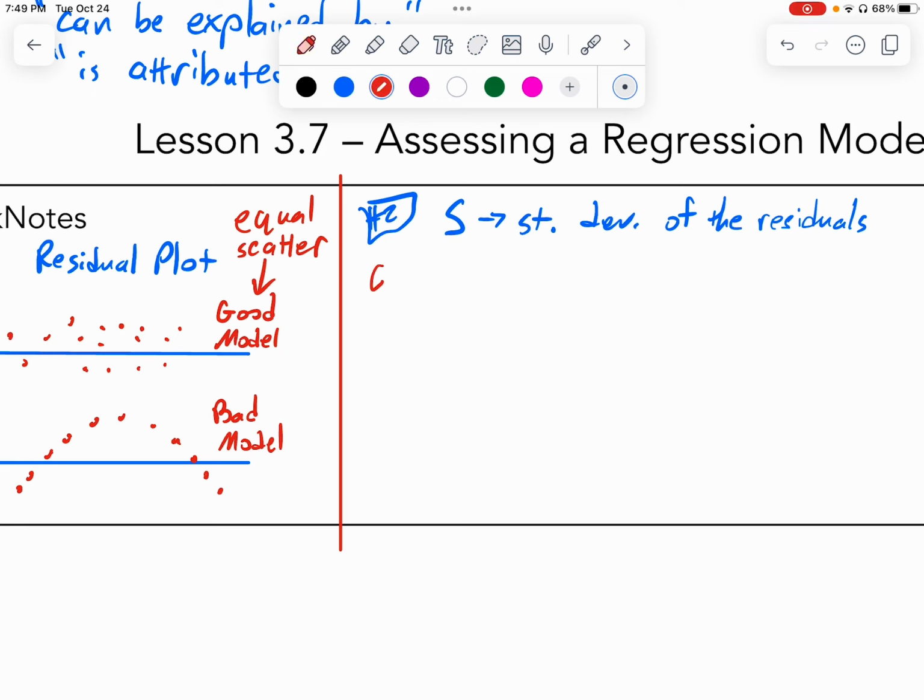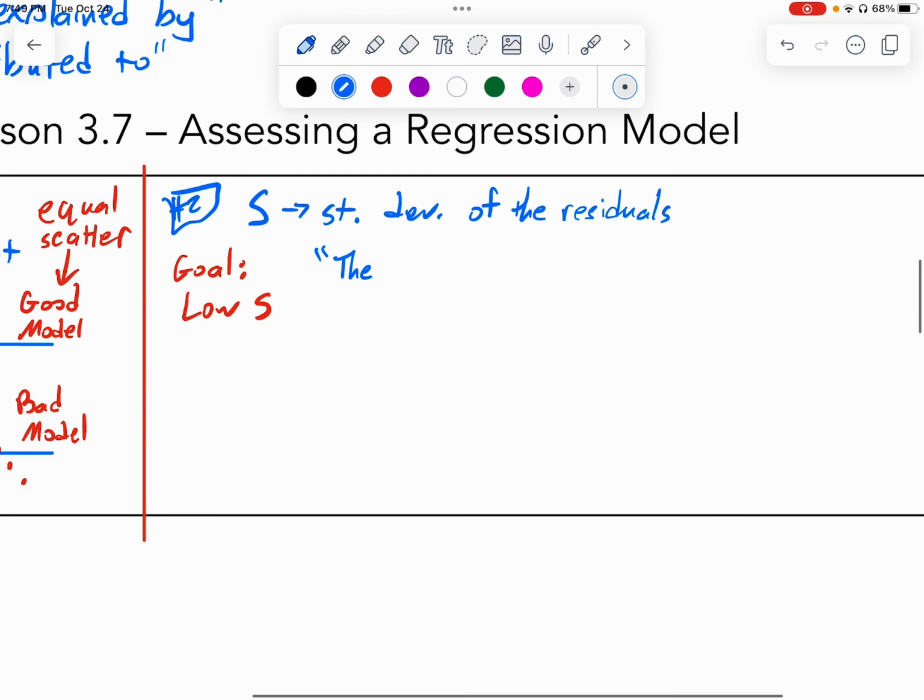The goal is a low S. Here's how you could say it in context. The actual Y variable